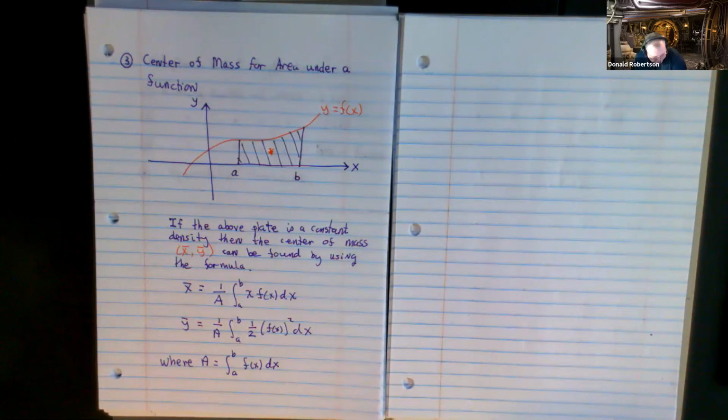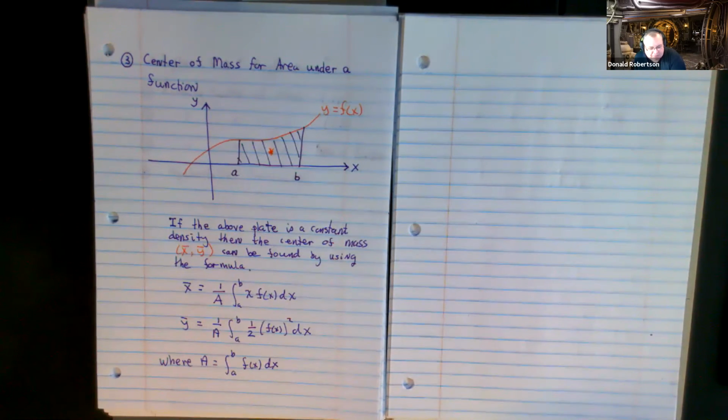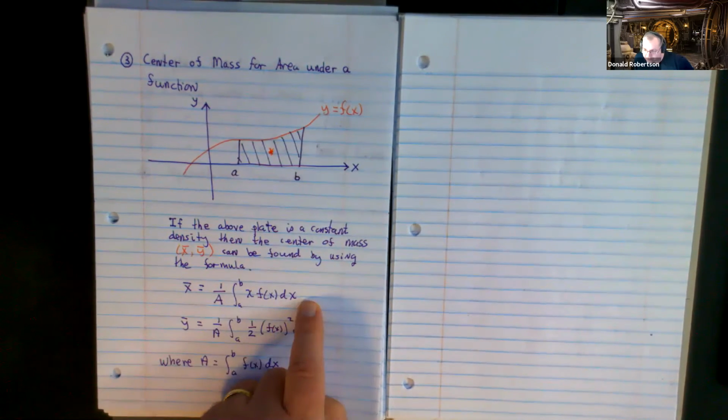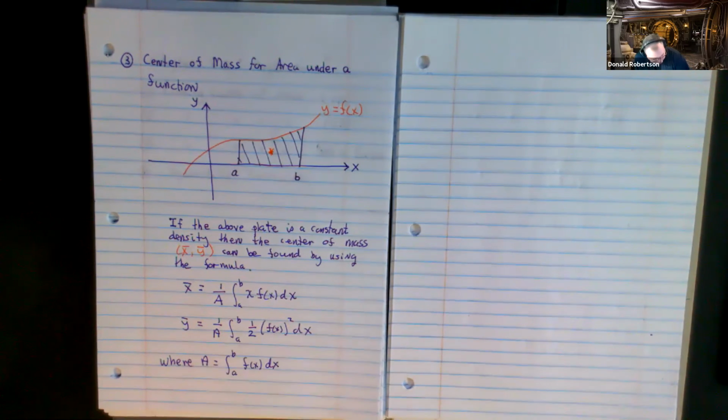But we want to know the X and Y coordinate of that. It's called X bar, Y bar. And if you go and look up the textbook, you can get proof of it. But essentially, it's a formula. The X coordinate of the center of mass, X bar, is 1 over A of this integral. And Y bar is 1 over A times this integral. And A is the area under the curve. And as I say, you can go and look at the proof and find out why that comes out, but that's how we do it.